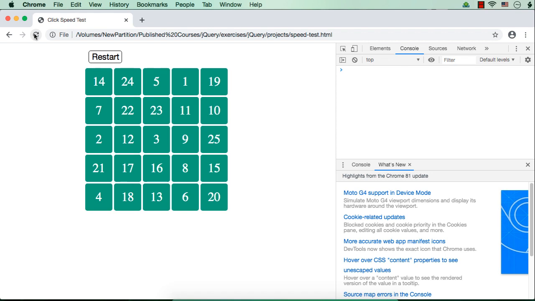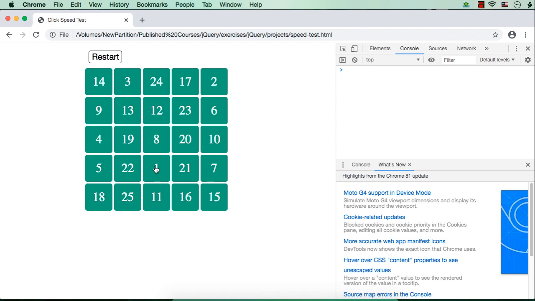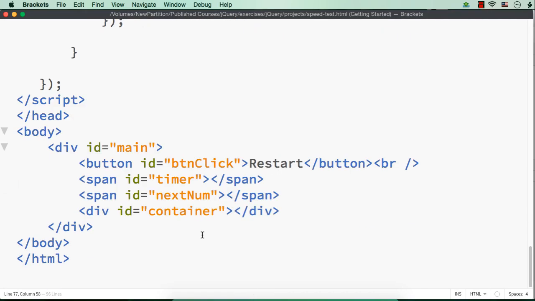Let me refresh once again. 1. Actually, we can display the next number as 0 initially, right? Because when we click 1, it is slightly moving down as it is newly added. So initially for the next num, let me specify next number as 0.